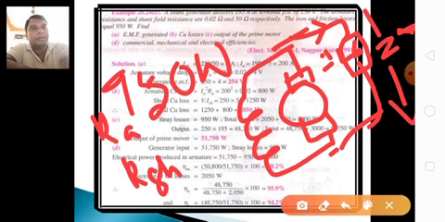Find the EMF generated. What is the EMF equation in a DC shunt generator? Eg equals V plus Ia Ra. That is the EMF generated. Next, copper losses. We have to find the copper loss, that is, copper loss is equal to Ia square Ra. Output of the prime mover is V into I. Commercial, mechanical and electrical efficiency: in the last class we studied mechanical efficiency and electrical efficiency, and overall efficiency is nothing but commercial efficiency. So we have to find all the values.